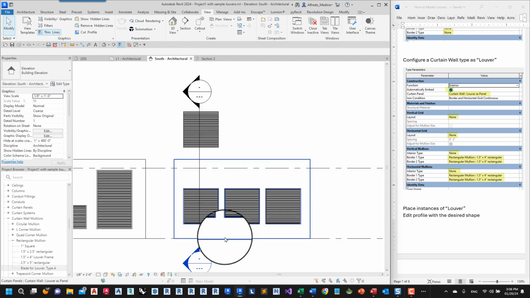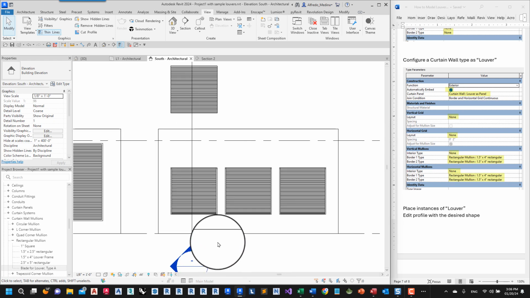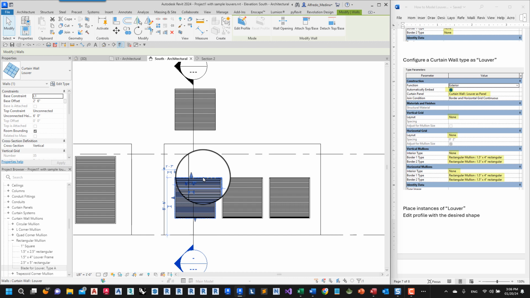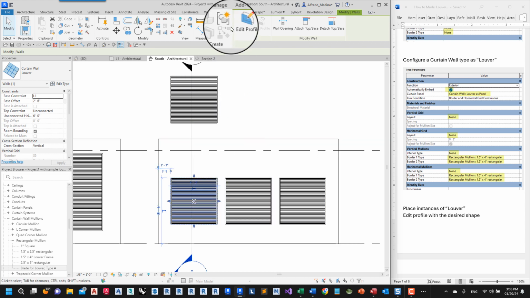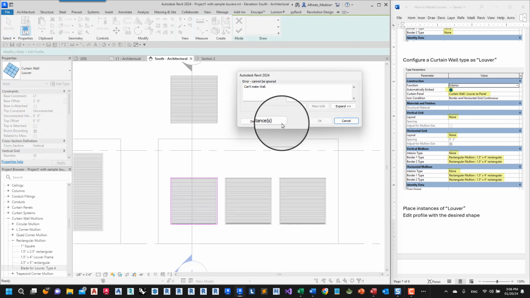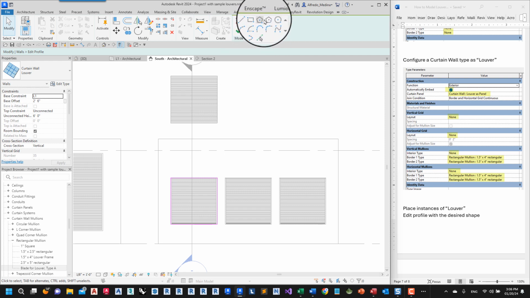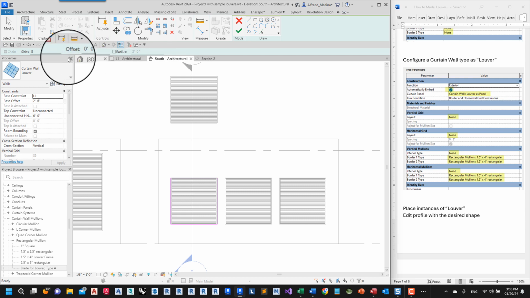So we go back to the elevation, and now it's as simple as changing the profile of these walls. Let's click on this one and click on Edit Profile. Don't worry about this message. And then we create, for example, a triangle.